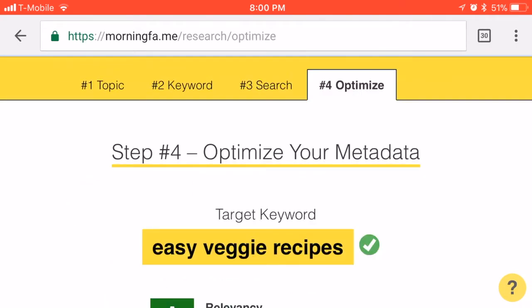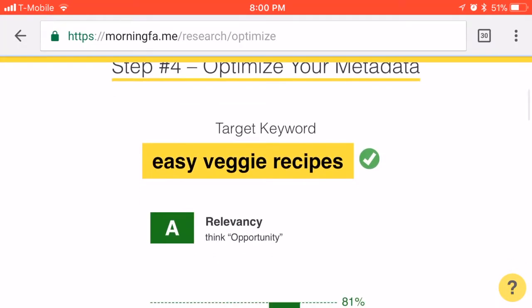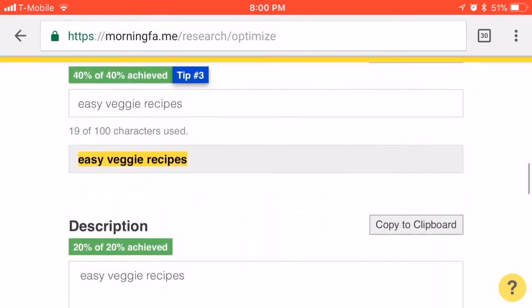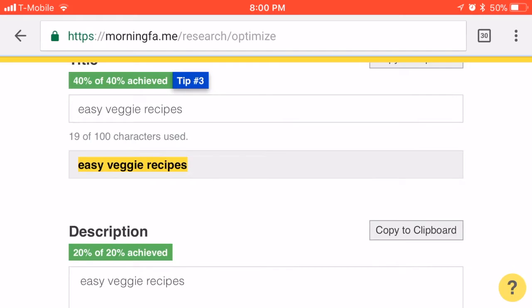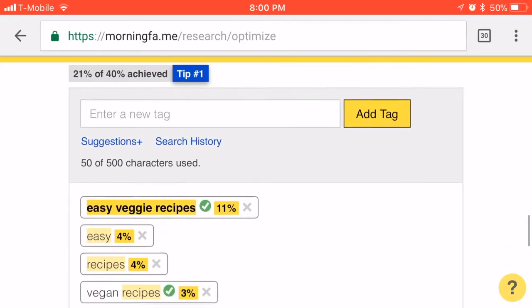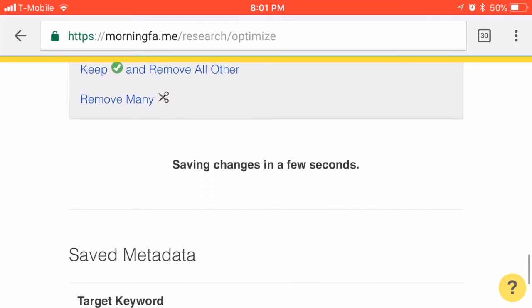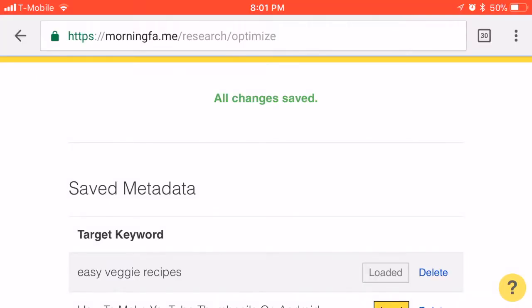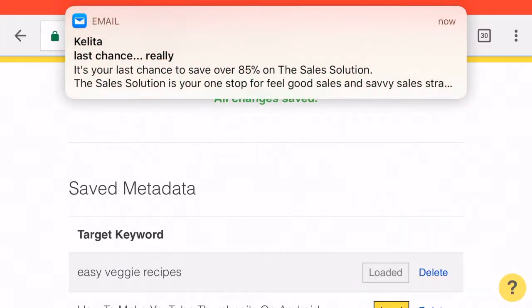Now we have to optimize our metadata. And what Morning Fame has done is they've broken down your possibilities of really being relevant with your keyword or key phrase into segments. So your title, 40% of that matters, right? Then the description, 20%, and then your tags, of course, is another 40%, which is going to all equate to 100%. Now, what's also super dope is that you can actually save this. You can save all of this work and come back to it when you're ready to upload all of this into your next video. So I would just hit save, and it's saving, and now all my changes are saved,